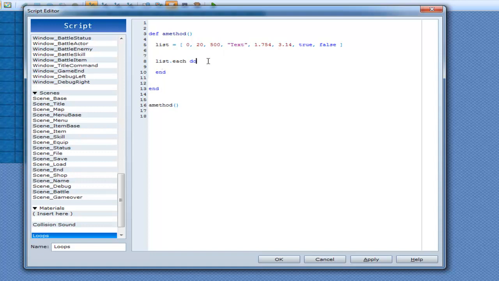Right after you write in do, you then have to put in the pipe sign. Put in 2 of them, and inside of the pipe sign you have to put in a variable name, and it can be whatever you want, but I just call it element. And it does the exact same as the for loop here. It just goes list.each do, so it's more like for element in list do the following. That's kind of what it means. It's no different from the for loop, it's just written differently. That's all it is. Alright, so if I go p element and then click OK, and play, there you go,